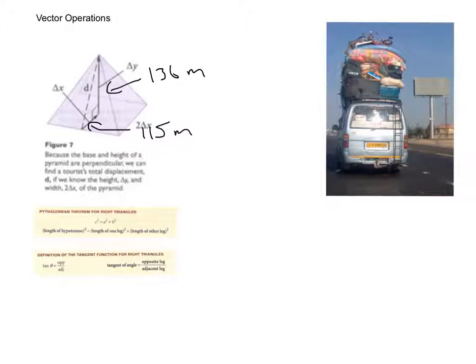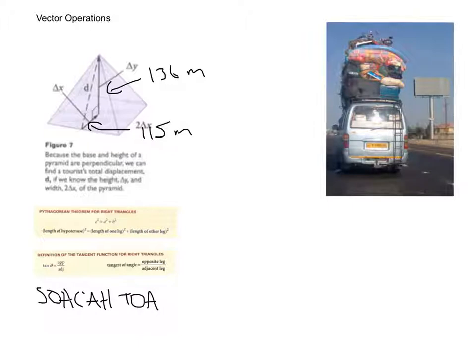Well, two little equations are going to help us. Equations you've probably seen in math class. The first is the Pythagorean theorem, and this is for right triangles. And the second is the tangent function. And I'm going to add a third, and this isn't in the book, but I'm going to ask you to remember SOH CAH TOA. And you should know this is sine is the opposite over hypotenuse, cosine is adjacent over hypotenuse, and tangent